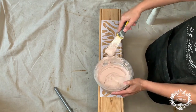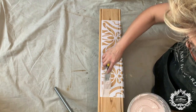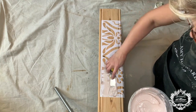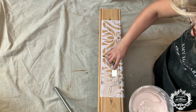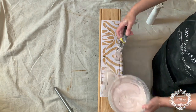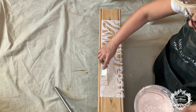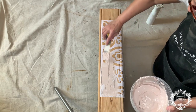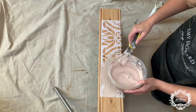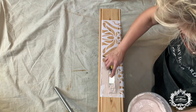Okay, so you see the mix is a little bit too pink, but don't worry, when it dries it's going to dry to the original colors, which are usually less bright when it's dry. So you just take your spatula and apply the mix to your stencil. The beauty of using stencils is that you don't have to be an artist to draw something. They have really nice designs, and it's basically ready to